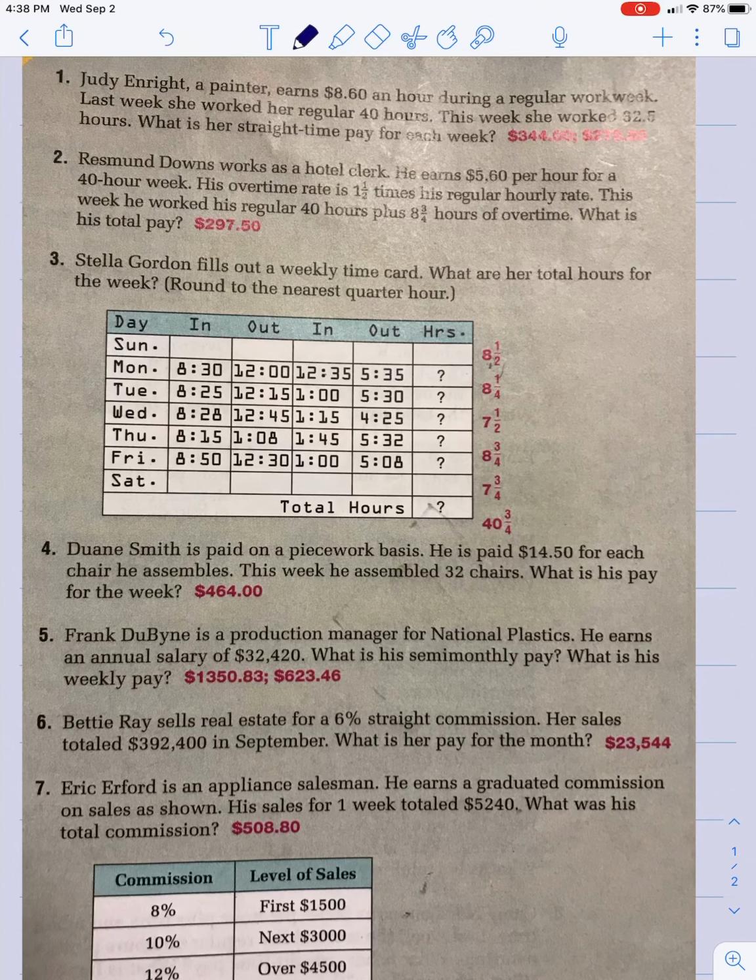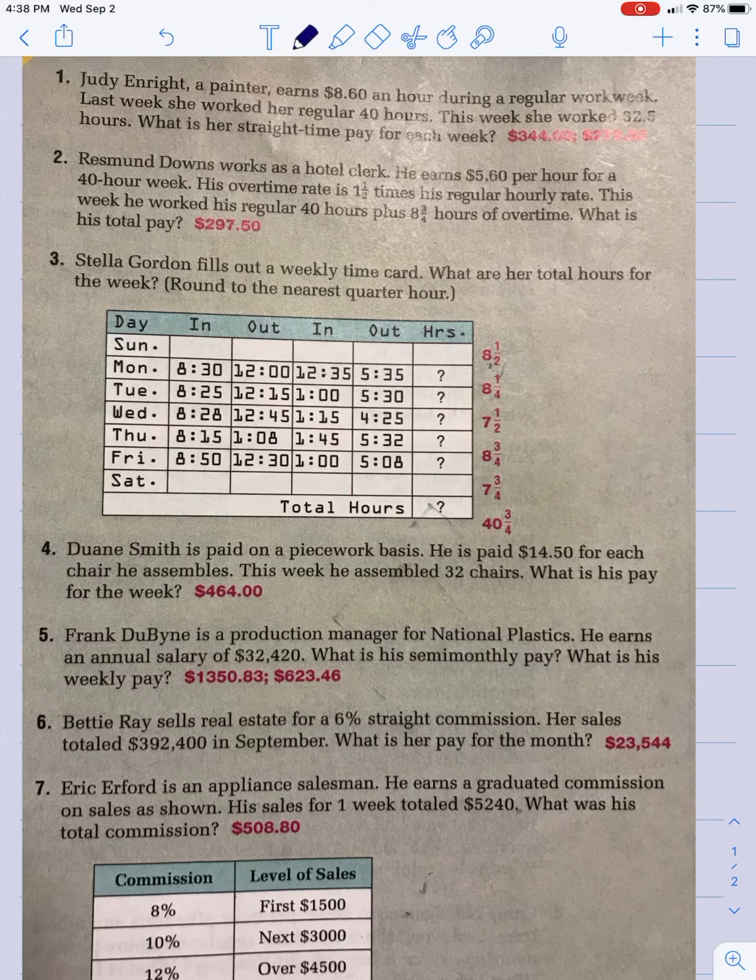Good evening, everybody. Feel free to utilize the pause button and check your answers from the review. Remember, you're going to be allowed to use the review on the test. So you're going to want to make sure you show your work. That way you have kind of a step-by-step example of each type of problem, and that will help you tremendously